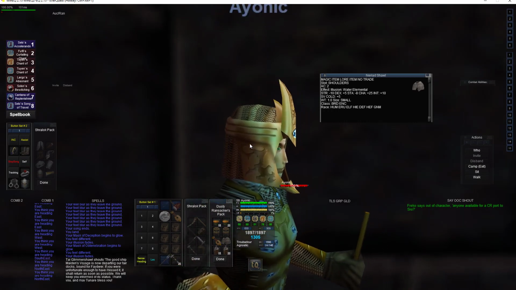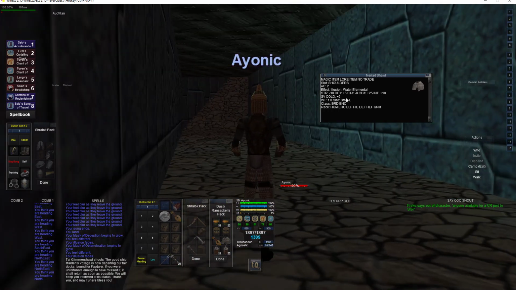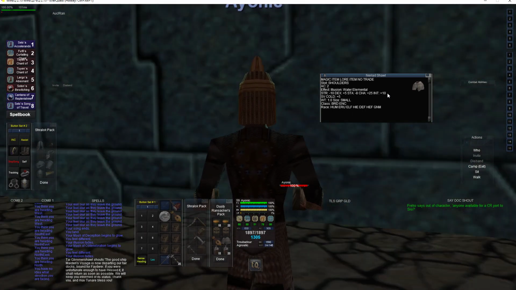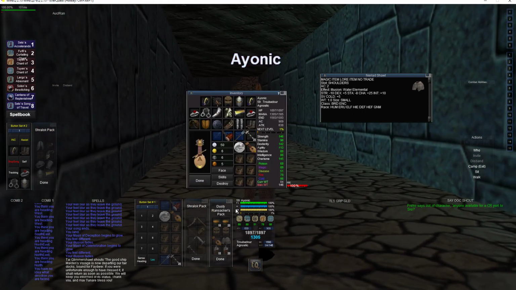actually arguably best in slot for enchanters. 25 charisma, all that. I don't like the minus strength, but the 10 intelligence. This drops in Siren's Grotto, and what I love about it,